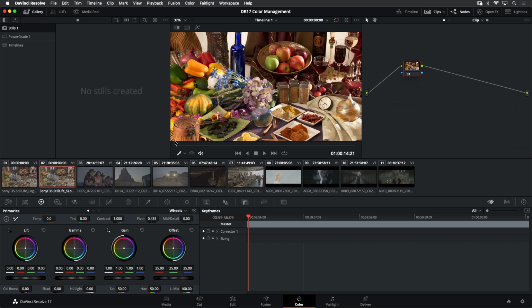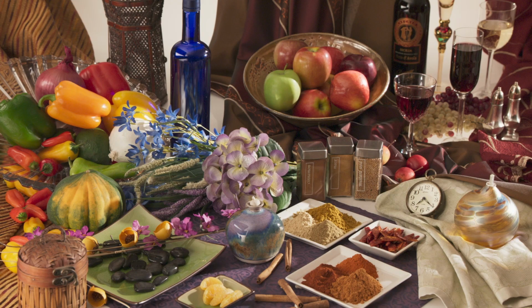And this is a perfect example of the power of good sound color management, which allows you to map material from different cameras into a common starting point so that you can focus on the creative rather than the technical aspects of your grade. Now that we have discussed the ACES color management workflow, let's move on and talk about another color management